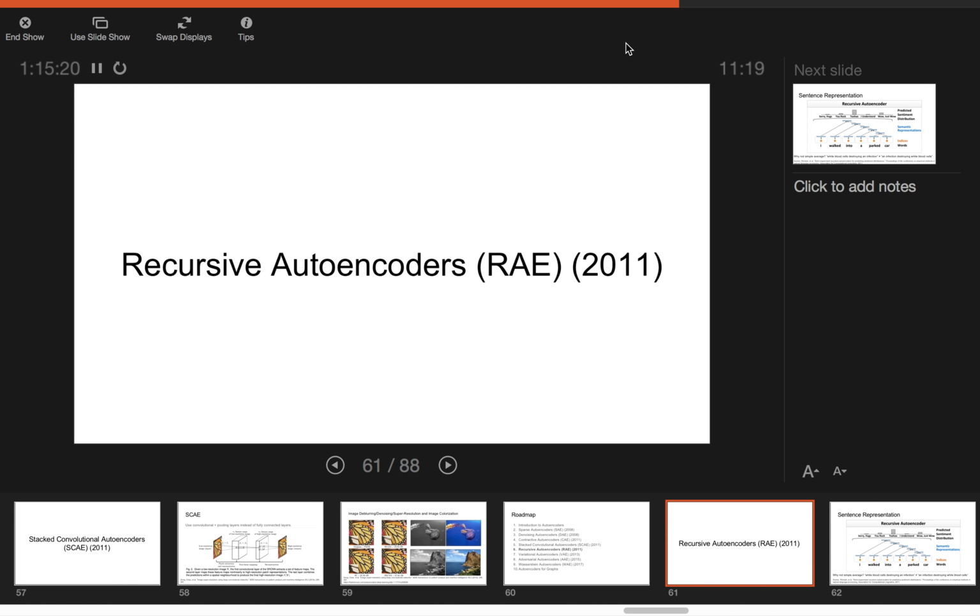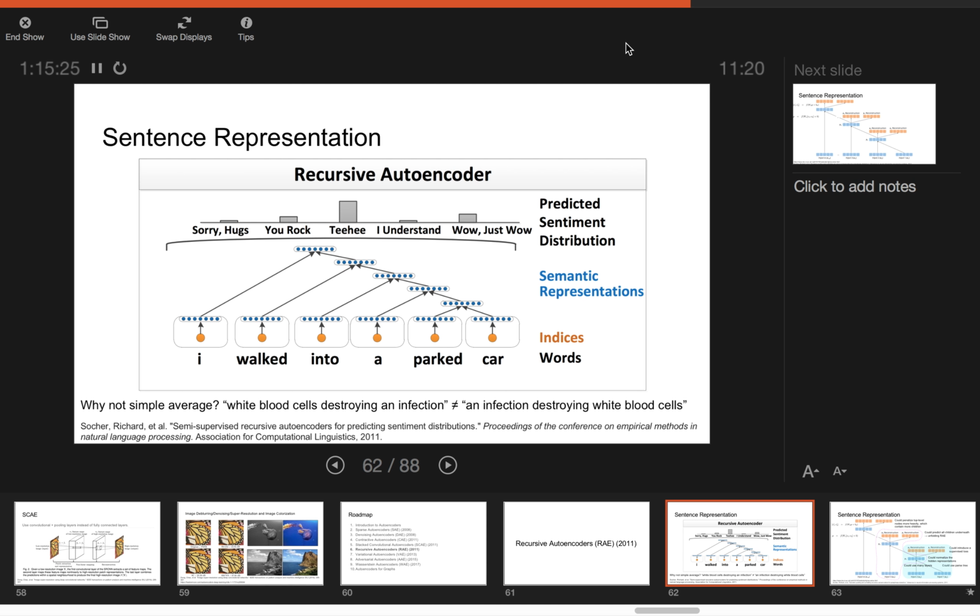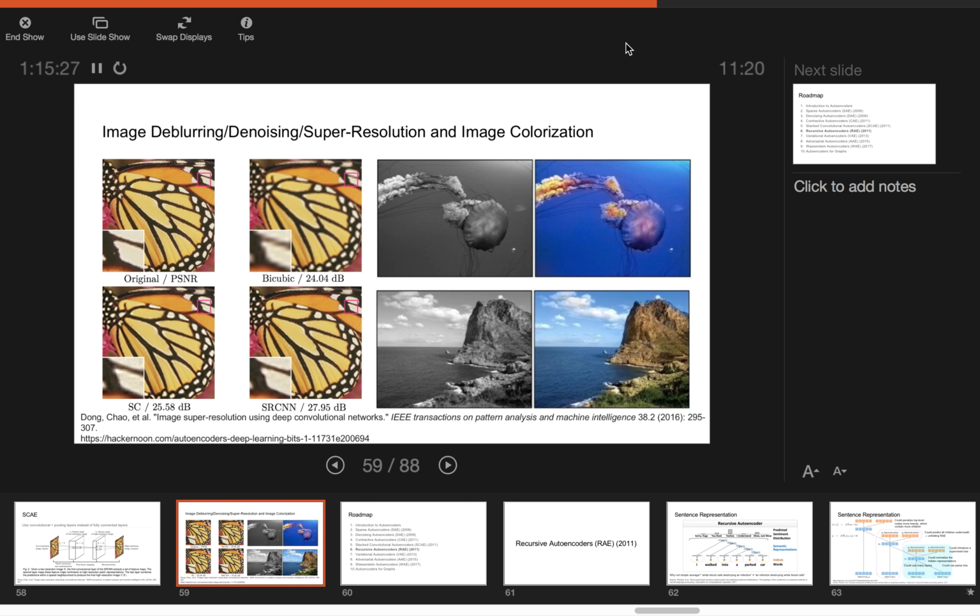And the next one is recursive autoencoders in 2011. This is proposed by Angela Wu as well. Okay, cool, no problem. Just this one. Yeah. So here,